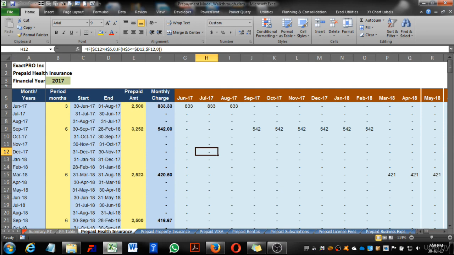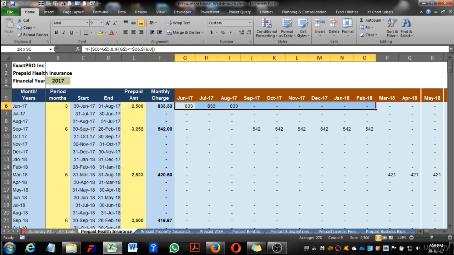One way around would be to use array formulas instead of simple formulas. So currently we have a simple formula, and we can add an array formula especially for this prepayment monthly calculation, which is the key formula structure in the entire model. We'll try to update our existing formula to an array function, and I'll be copying this array function to the entire model itself. And once it is copied, you cannot delete any individual cell or formula, you cannot even edit it. So let's start with that exercise.